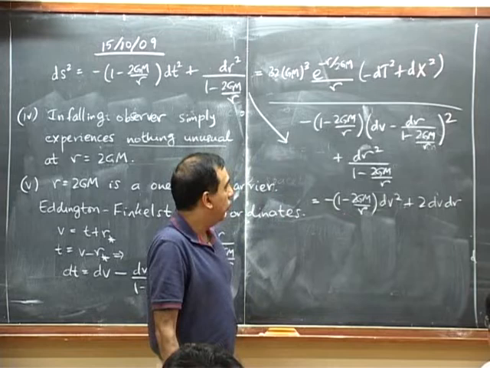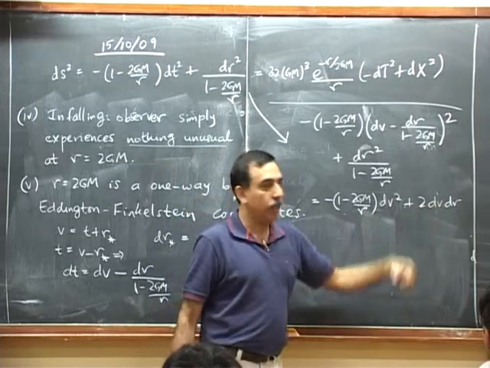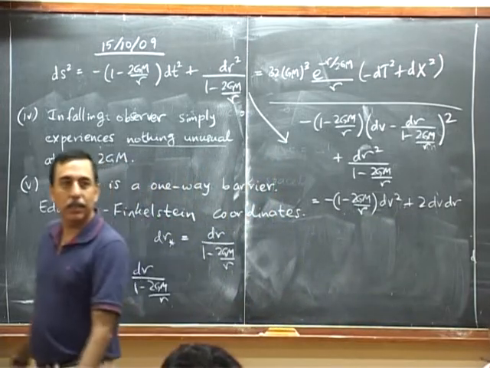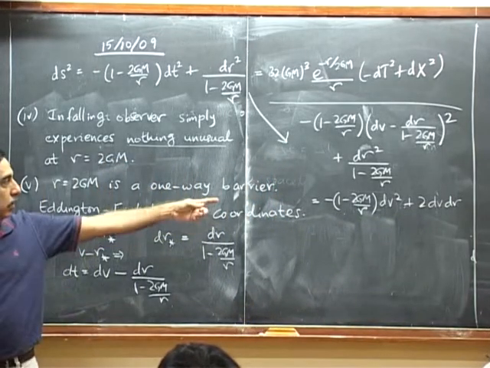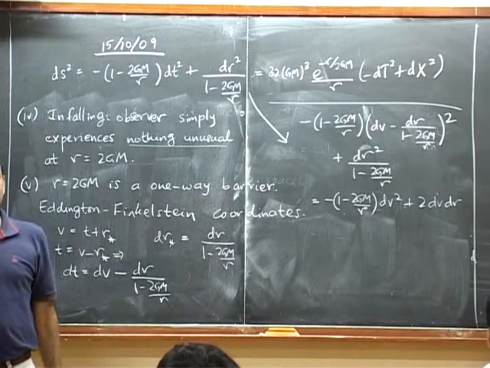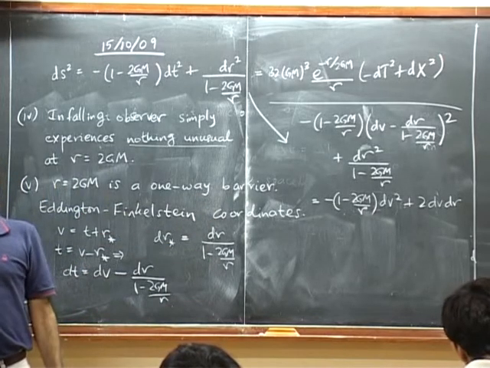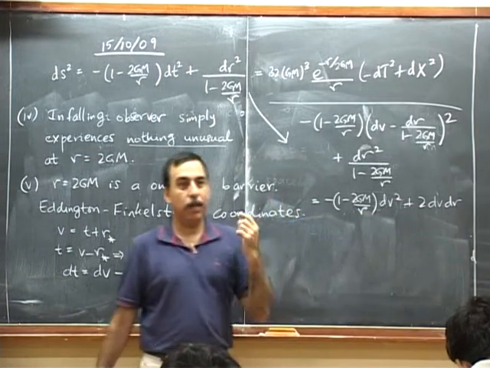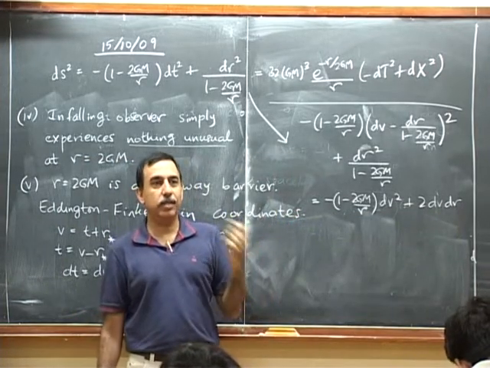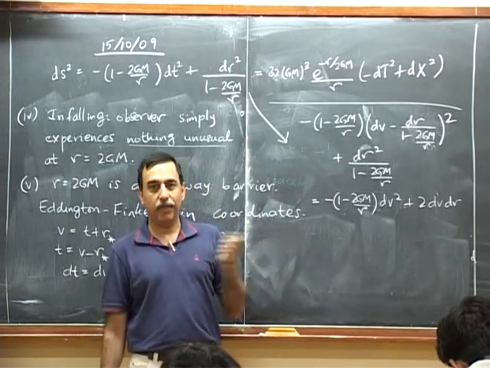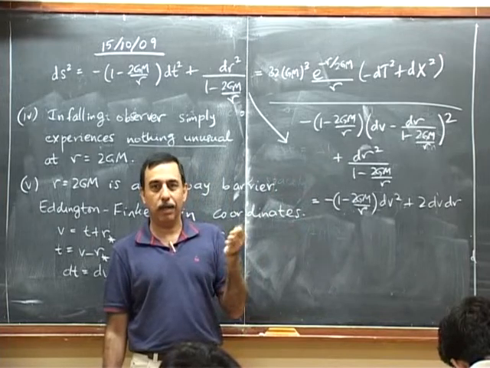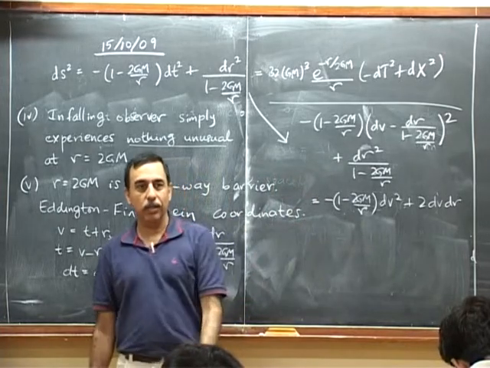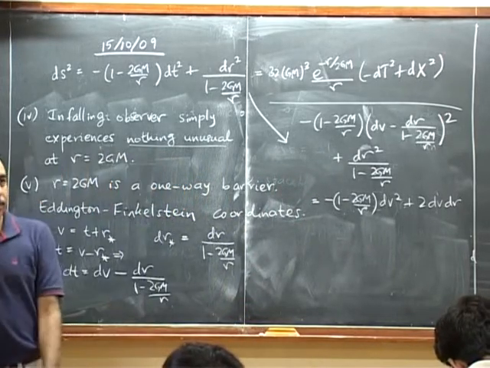And when this goes to 0, we say, okay, now v is a null coordinate. And r is always null. r has become null. That's the new thing. That means in this metric, a shift in r, its square is 0. If I just shift in r at fixed v, if I make a little change r to r plus dr for fixed v, then its square is 0. So r itself is null.